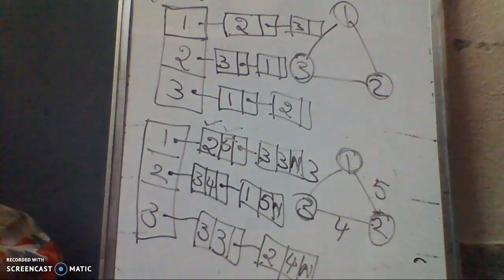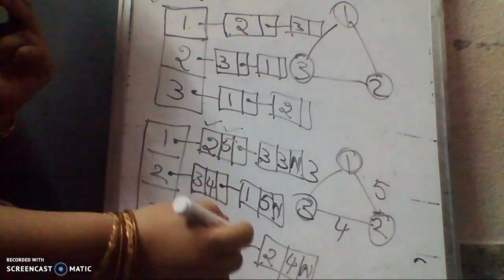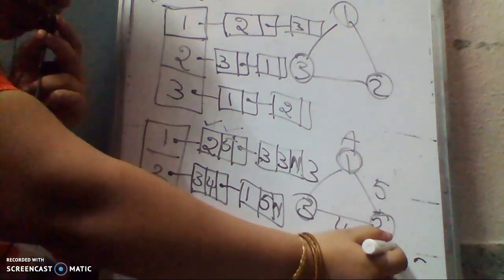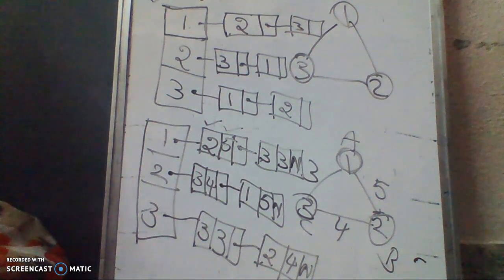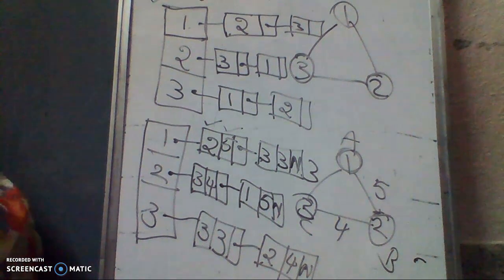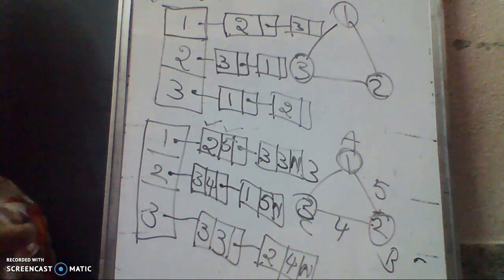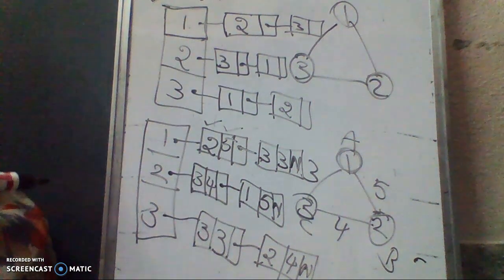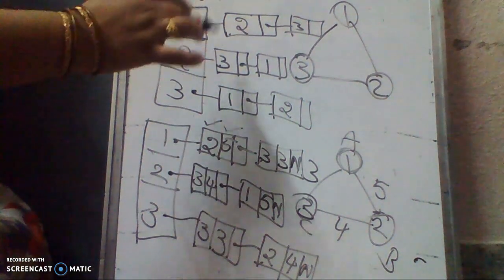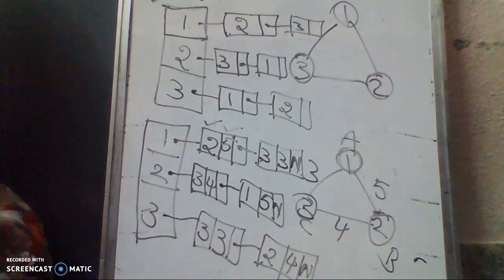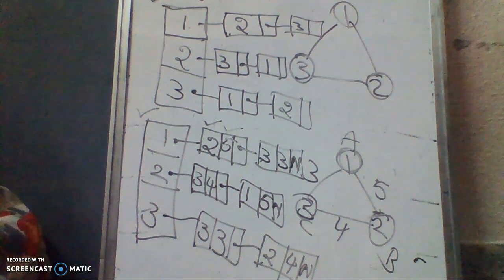So if you are confused with these numbers and edge weights, we can also represent the vertices as A, B, C, D: A vertex, B vertex and C vertex. Like this we can represent. This is the adjacency list representation to specify the adjacents of each and every vertex. This is for the undirected graph. The same is for the directed graph also. That is, we'll mention only the adjacent vertices in the adjacency list. This is the adjacency list for a weighted graph.